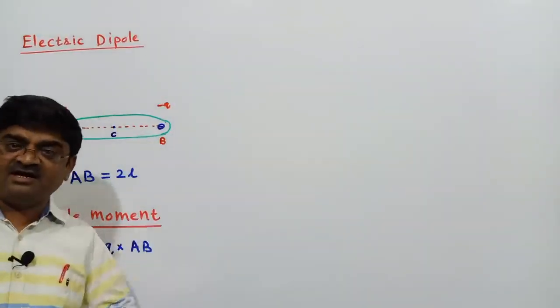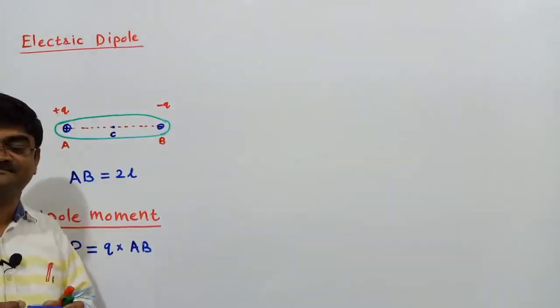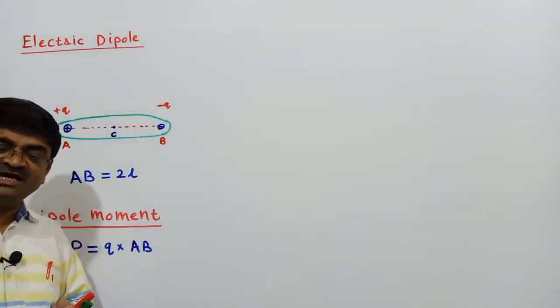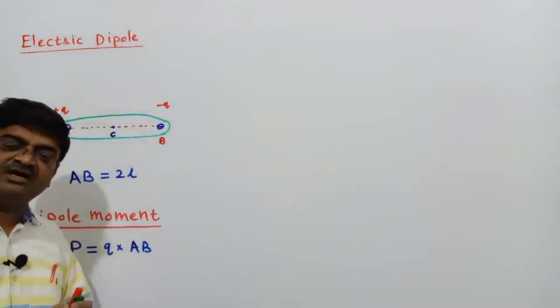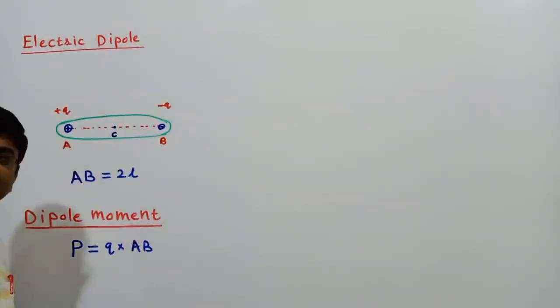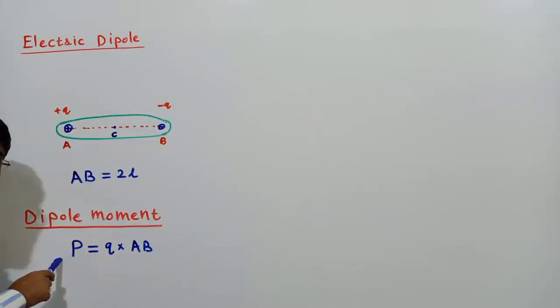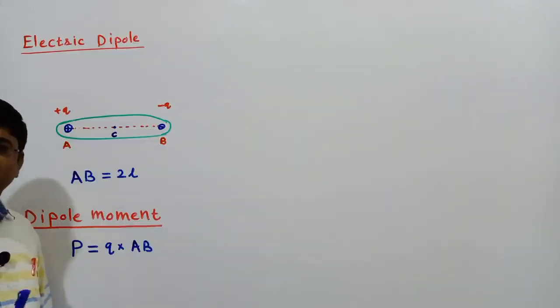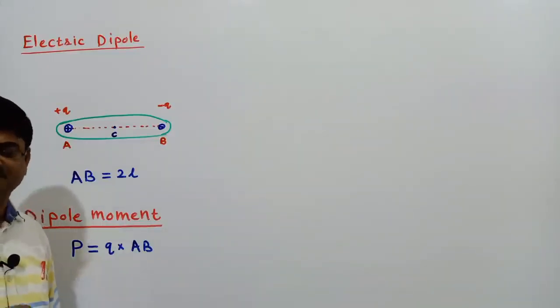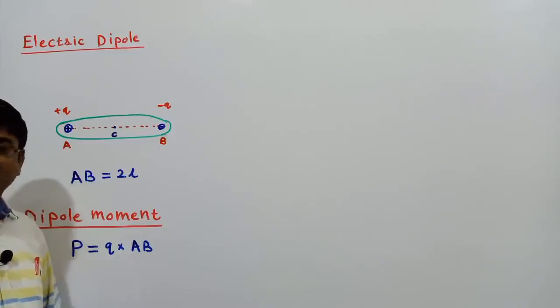because like the electric dipole, I will be having a magnetic dipole to study magnetism, and even there, to express the strength of that magnetic dipole, I will be having a quantity called the magnetic dipole moment. Even if that is also represented by P, I can have a subscript B here, to say magnetic dipole moment. But generally, most books represent the magnetic dipole moment by the capital letter M. Anyhow, that is a matter of further discussion.